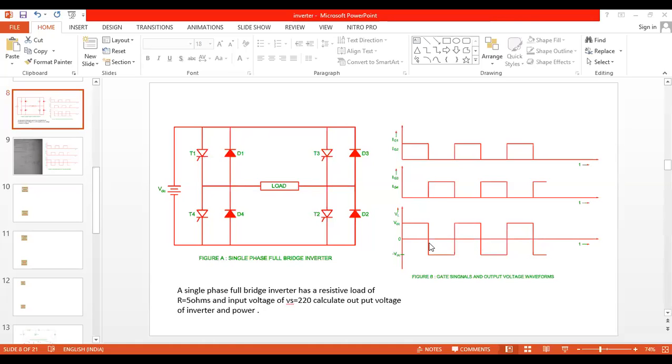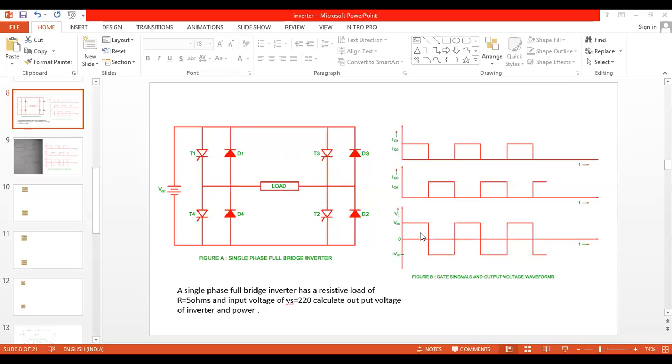It is the AC signal because the current flows in one direction and then in the other direction. As I mentioned, what is the proof that AC current is flowing through the load as the inverter converts DC to AC? The current flowing through the load is in one direction and then in the opposite direction. That type of current can be called the AC current.